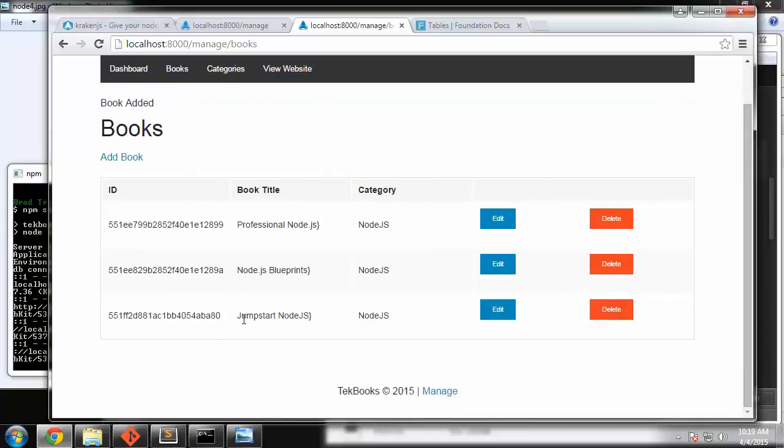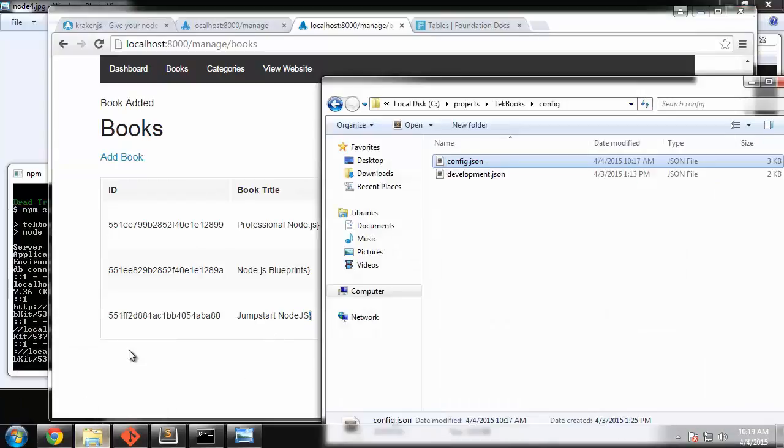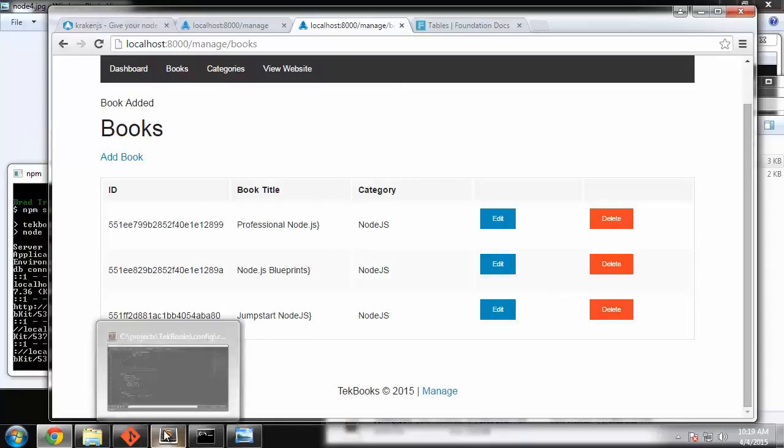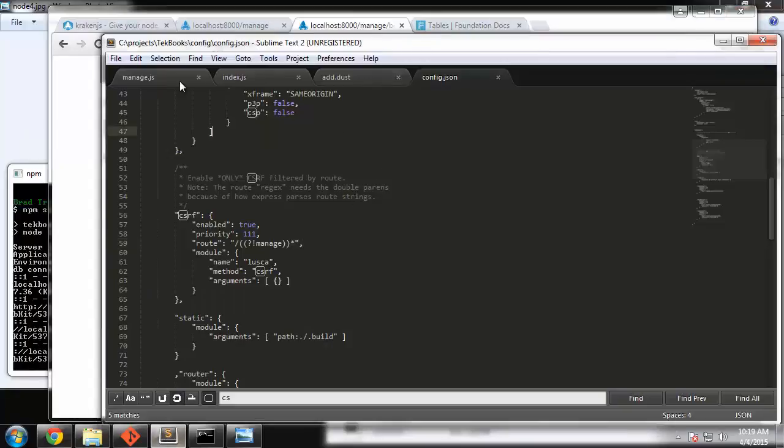And down here you can see we have Jumpstart Node. I don't know what that is doing there. I'll fix that in a minute. All right, so that's good. So let's check that view out, see what that squiggly, what that curly brace is. Let's see, so we want